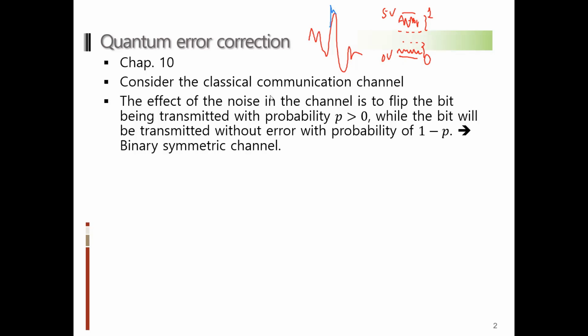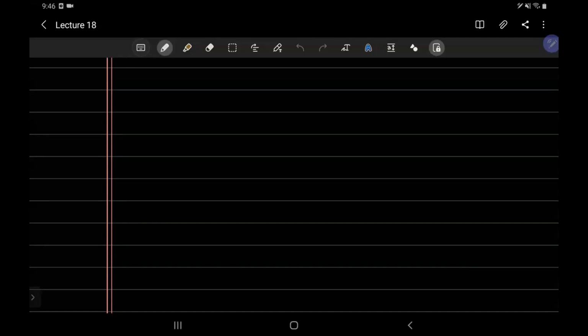So let me review some of the concepts in the classical communication channel, and then the error model. In digital communication, the error model starts with this concept. As a sender, we want to send some information, either 0 or 1, and of course we hope that 0 will always be transmitted as 0, and 1 will always be transmitted as 1. The problem is there is always some finite